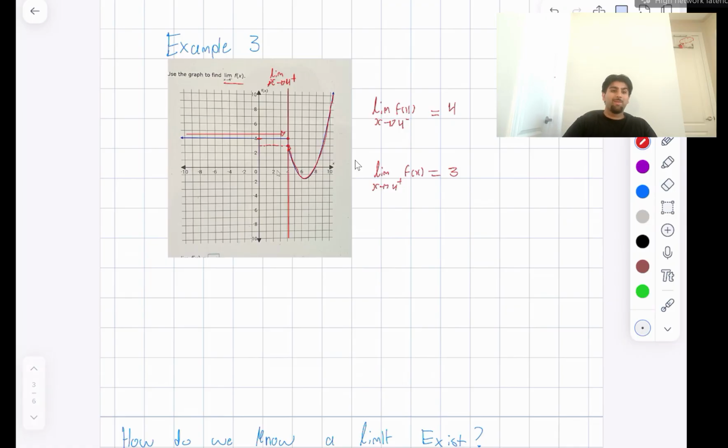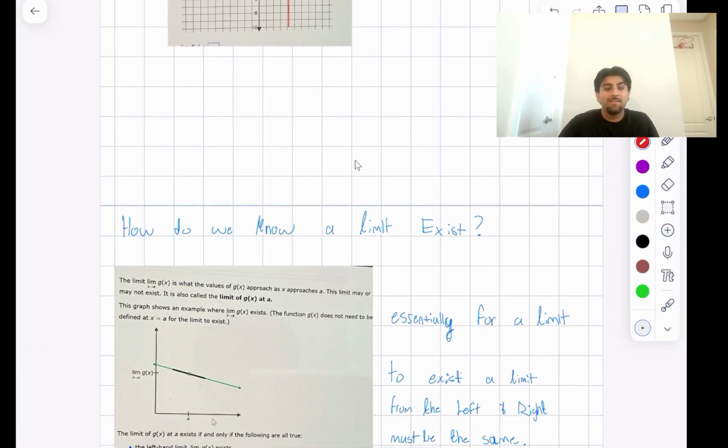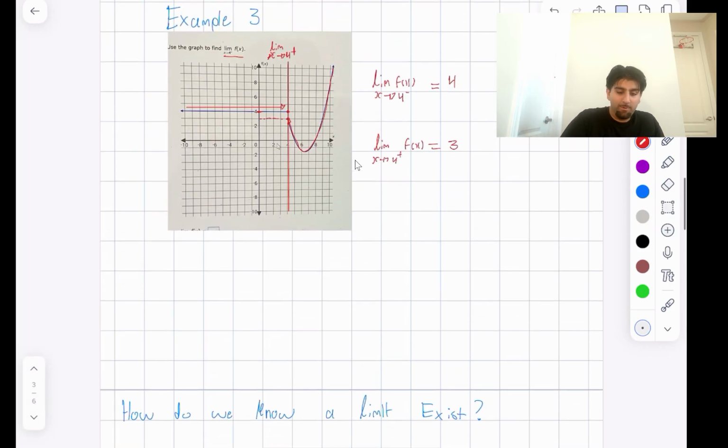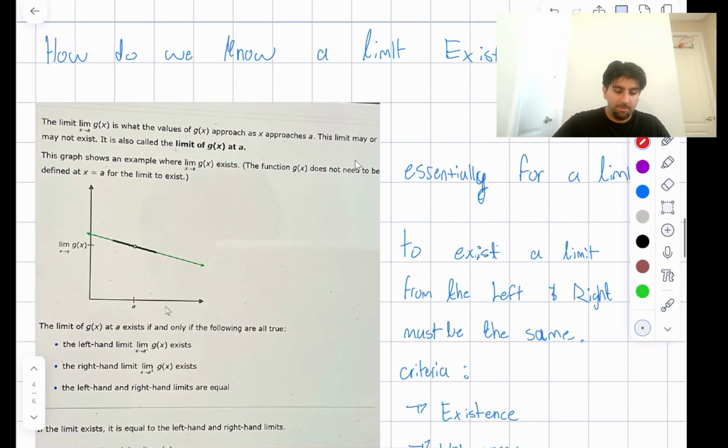So with limits, there's a thing called existence. How do we know a limit exists? Over here, this limit exists and this limit exists. But what about the limit of the whole function? What about the limit of f of x as x approaches 4, not from the left or right, just generally? When we say it as x approaches 4, remember we said from both sides. So the main criteria for the existence of a limit